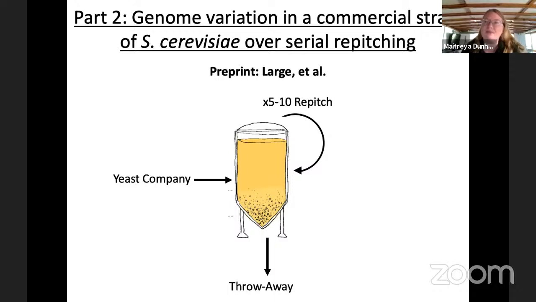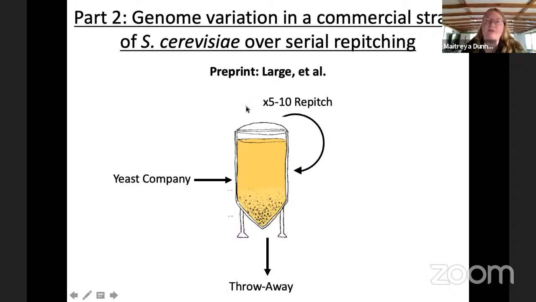As opposed to this kind of boutique method where you're inoculating a wine barrel and treating it in this interesting way, the more typical way that microbreweries work today is they purchase yeast from a propagation company, and they'll inoculate a fermenter with it. And they'll let that fermentation run. Yeast, when it's exhausted, will clump together and sink to the bottom. So what's easy to do is to collect the yeast after the fermentation is over, and then you can just pitch it into the next fermentation cycle. And so this is called repitching.